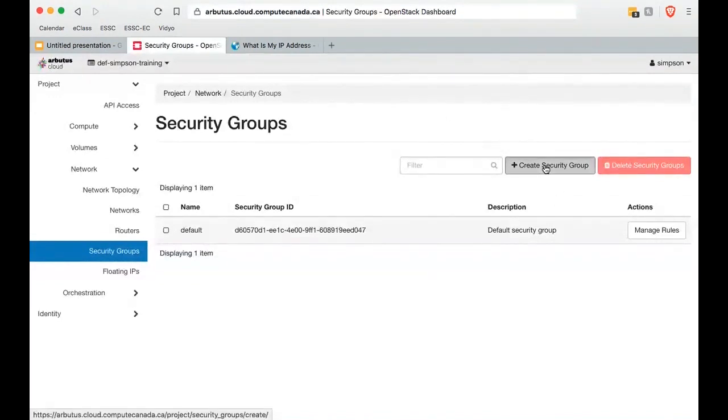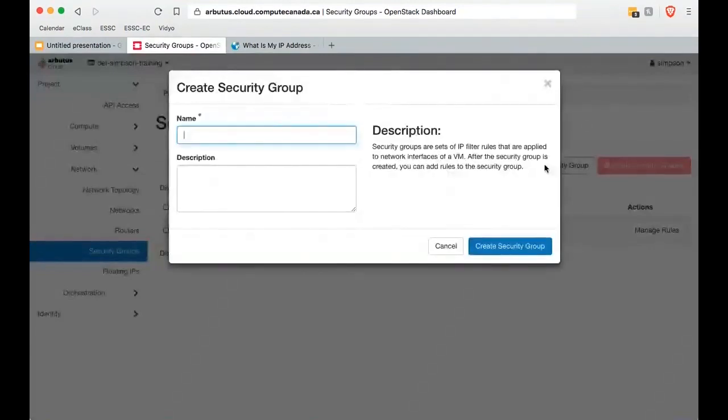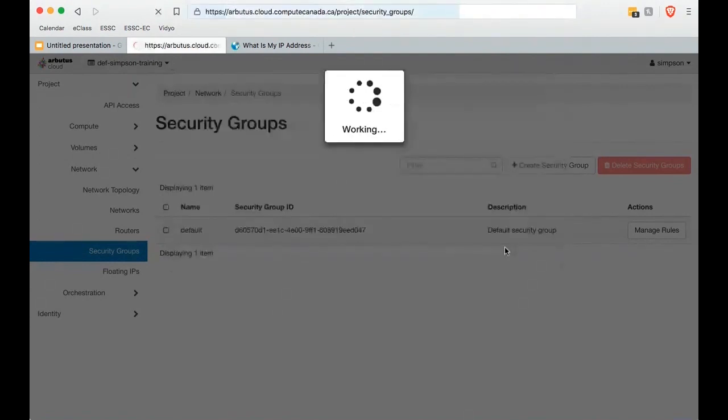We're going to create a new security group. And this security group is going to be purely and totally for SSH access, right? Secure shell access from the command line. It's the only rule that I'm going to deploy in this security group. So I'm just going to call it SSH. I'm not going to put a description in because this name is so descriptive, because that's all it's going to do. And I'm going to choose create security group. So first thing we do is we name it and provide that description.